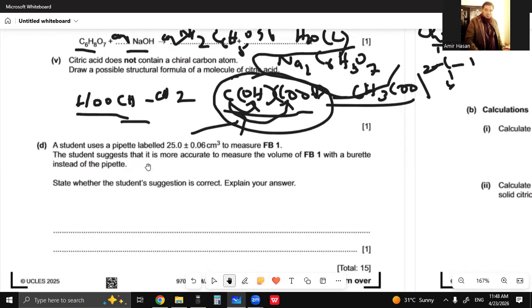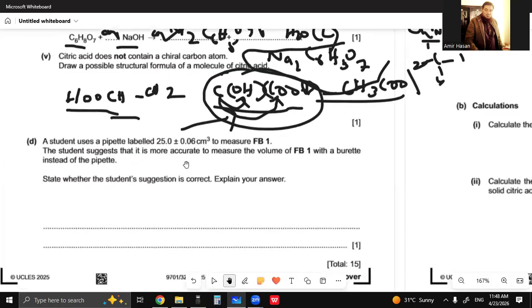The student suggests that it is more accurate to measure the volume with a burette instead of the pipette. Now, when there is a precise value given, 0.06, it means this value brings the reading accurately. This precise value, which is a very small precision in the value,